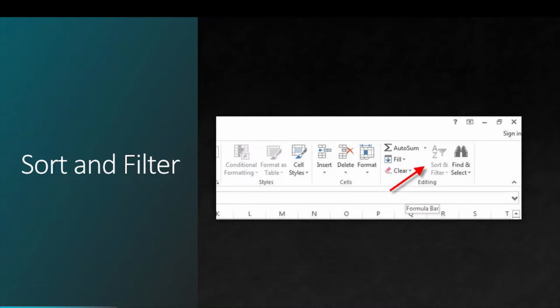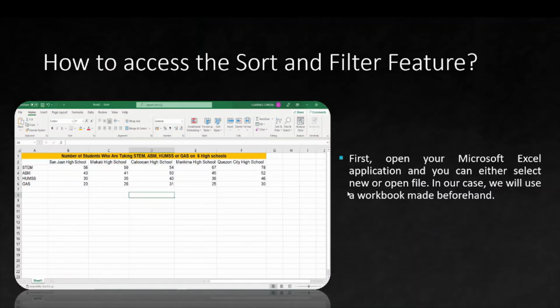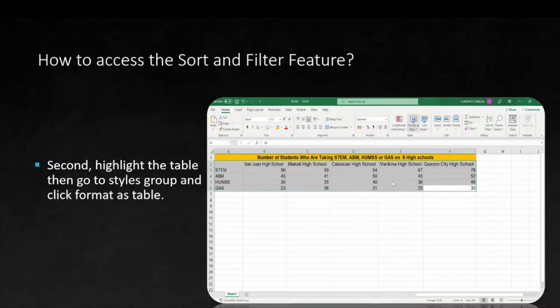We can see it here in our Home tab. So how do we access the sort and filter feature? First, open your Microsoft Excel application and you can either select New or Open File. In our case, we will use a workbook made beforehand. We have our workbook here entitled Number of Students who are taking STEM, ABM, UMS, or GAS on 6 high